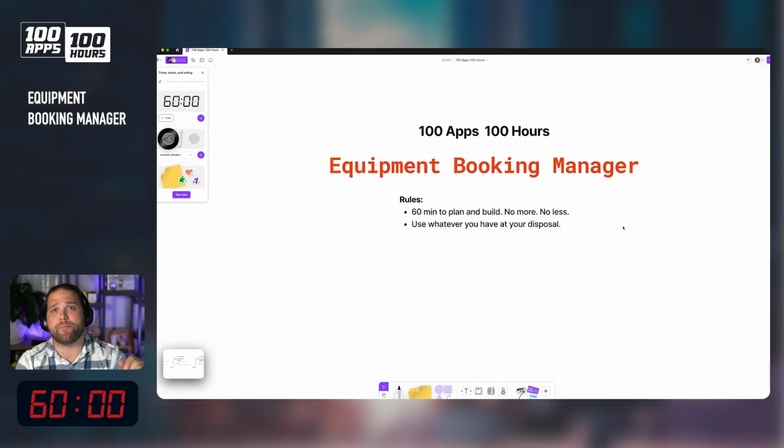Fail trying. Today, we've got a really neat use case that we're going to try to build, an equipment booking manager. This sounds really fancy. I've seen this topic come up a few times within our Directus community, and I thought, hey, let's tackle it